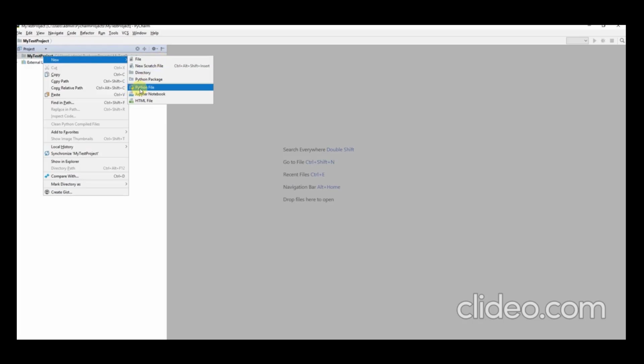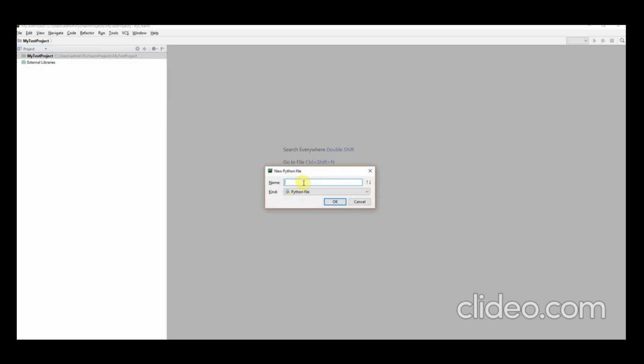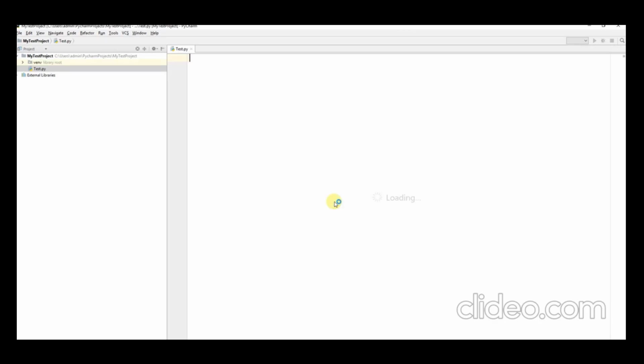Now here again I'll write some message. Print here, hello, welcome to PyCharm. Okay, now I have given some message in the print command, and along with this I will also print some more: hello, welcome to Python, and hello, welcome to learning. I have created a few statements in this editor, and now how can we run this?